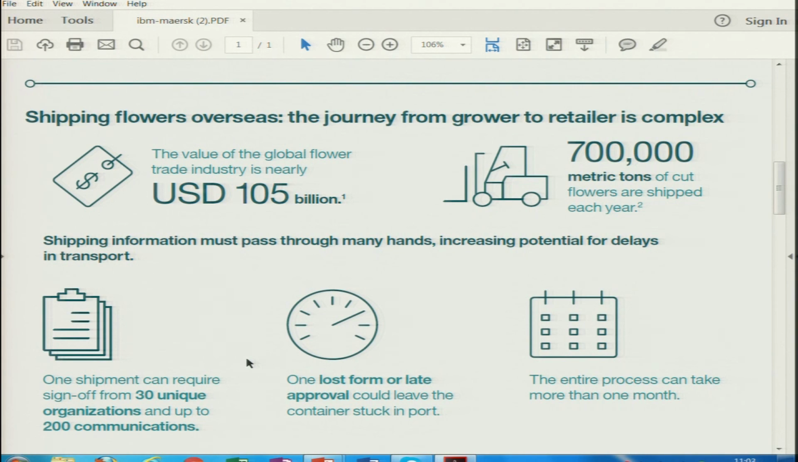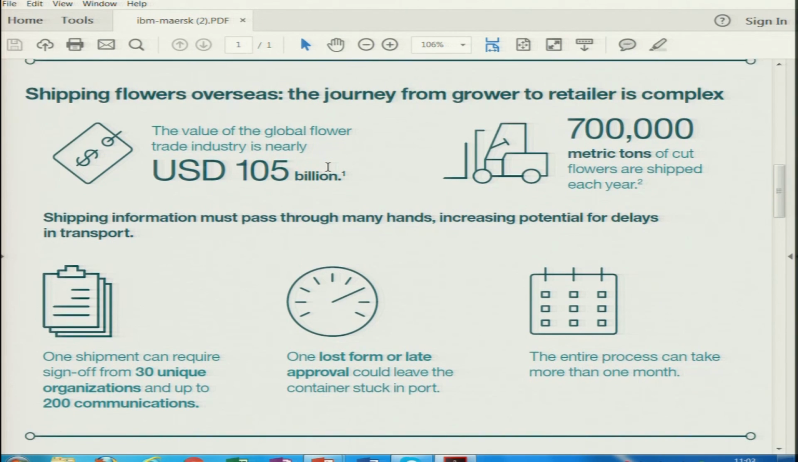Shipping flowers overseas, the journey from grower to retailer is complex. The value of the global flower trade industry is nearly $105 billion US dollars. It is a huge industry. There are many companies in India, this field is called floriculture. There are companies in India also who are very highly active in floriculture. They export flowers to Europe, US and various places. The global business is worth $105 billion,